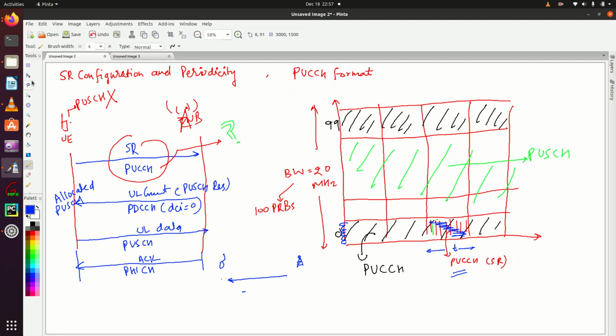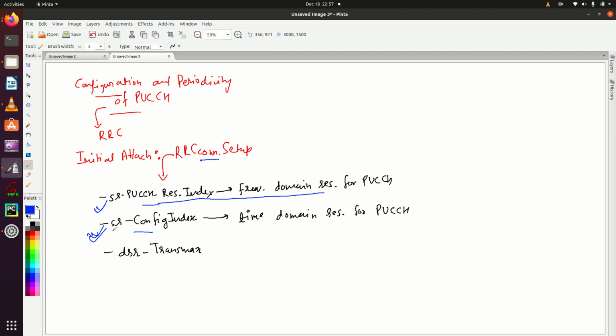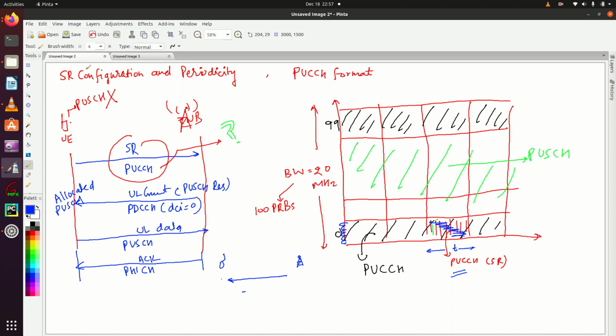The next thing is this DSR transmax. To understand this, suppose this is my UE and this is my eNodeB. With the help of these two parameters, you decided that I am going to send SR on this PUCCH resource.